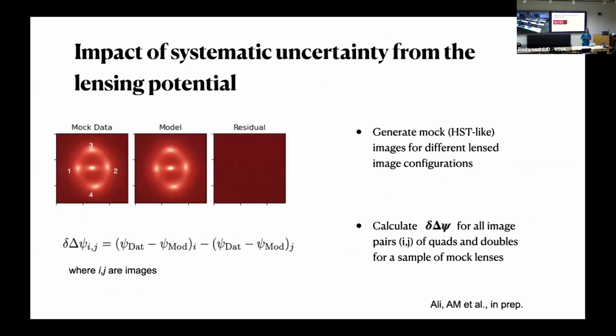So we are trying to do this by doing some analysis with mock lenses. The idea is to generate mock HST-like lens systems in different configurations and different types of images at galaxy scales, so either doubly imaged or quadruply imaged. And the idea would be to compare the true lens potential for a pair of images with what you find from fitting a lens mass model to it. And so we basically quantify this delta del psi that was quoted in the Liao et al. paper. We do this for different kinds of lens systems.